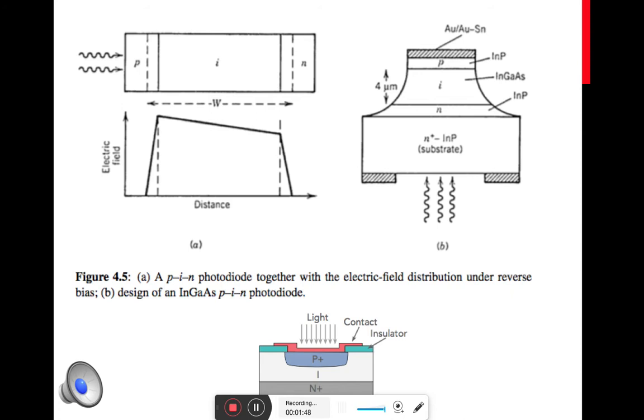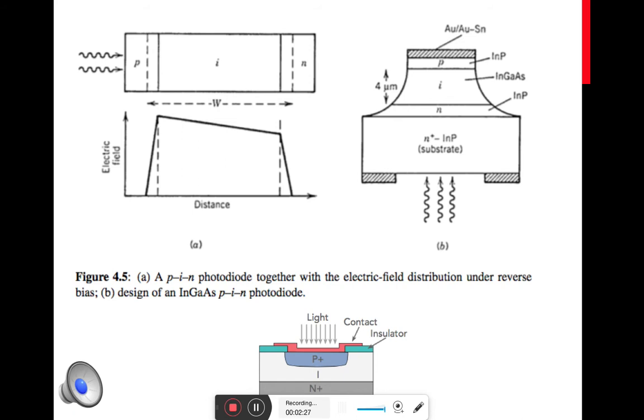How is the current generated in a PIN photodiode? The basic working principle is the same as that of a normal photodiode. As the light is incident on the intrinsic layer, free electrons and holes are generated. This happens whenever the energy of the photon is greater than the band gap, so the electrons can move from the valence band to the conduction band. As a result, free electrons and holes are generated, and these create a potential across the depletion region, which results in the flow of current.